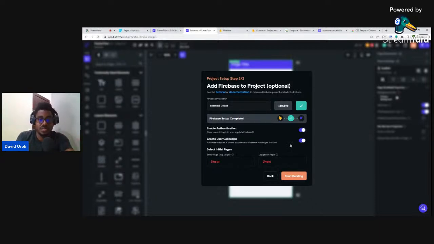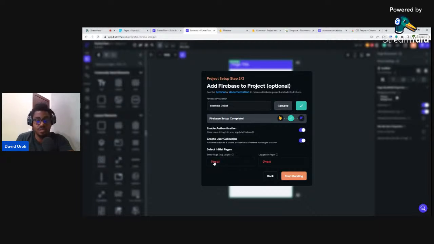They'll be able to create things. Creating a collection is like when they fill in a particular form and then say submit or save, indirectly they are creating a collection. They're creating a particular document in a particular collection. So if you don't turn on this button, then you won't be able to allow them to do exactly what you want them to do. So now, the entry page is the page that your user gets to see